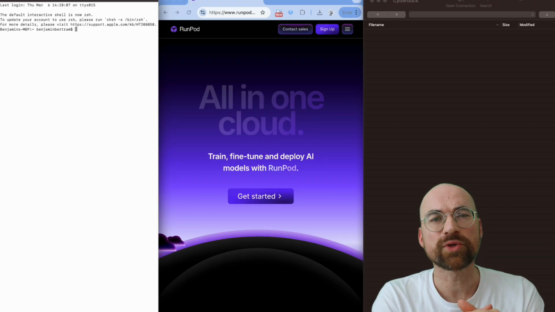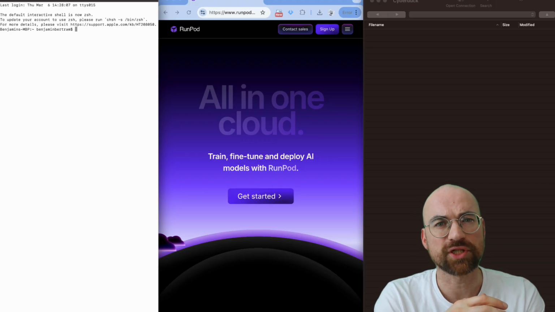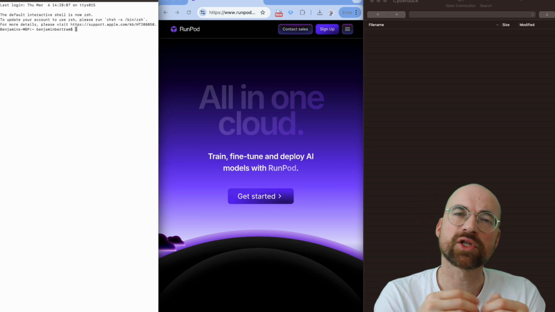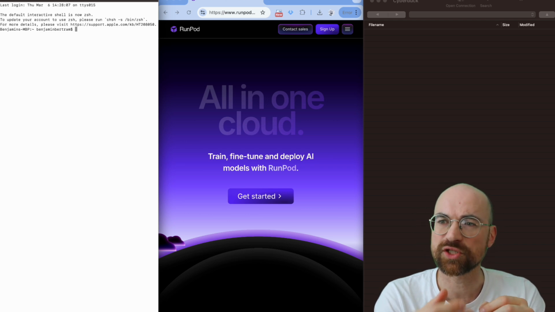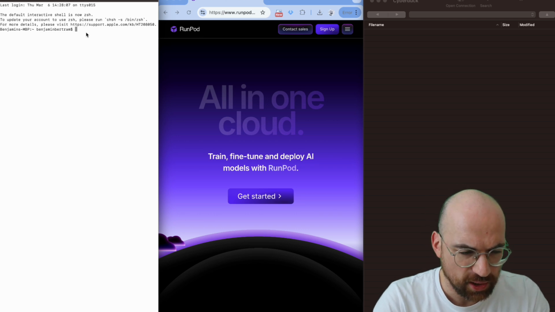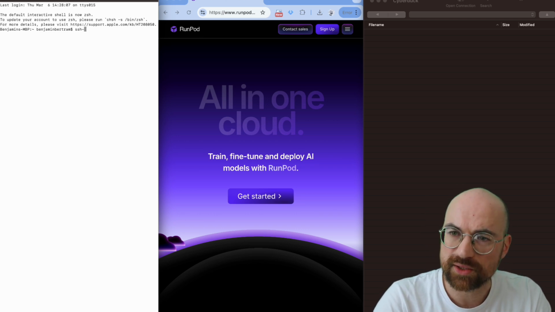First, you'll need to open your terminal and generate an SSH key pair. An SSH key is something like a secret code word for your computer to exchange with the cloud provider. So therefore, you type in ssh-keygen